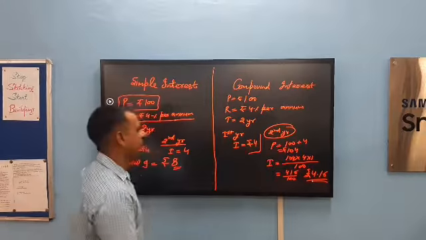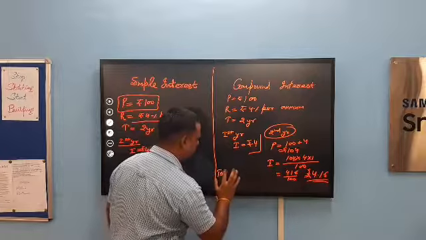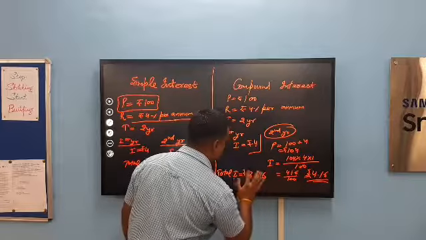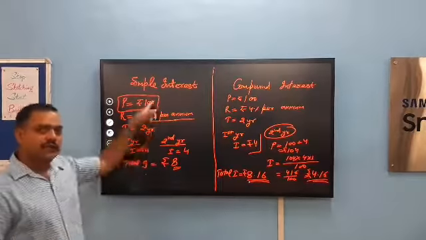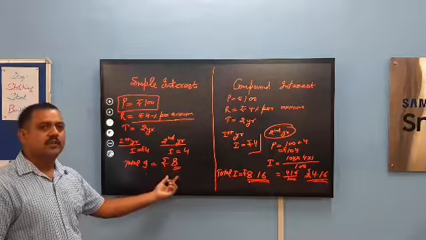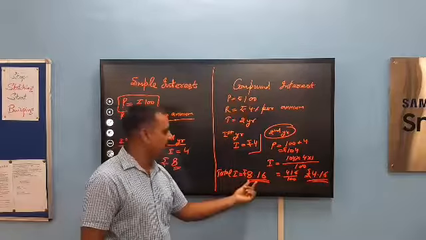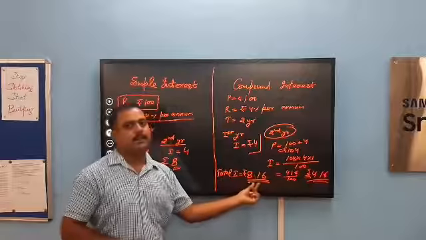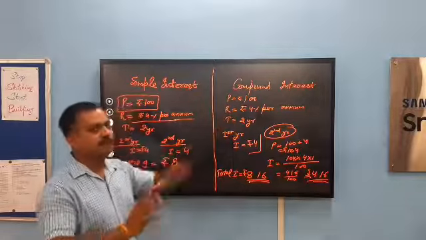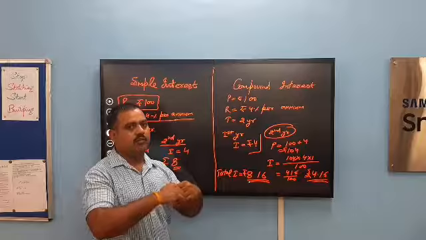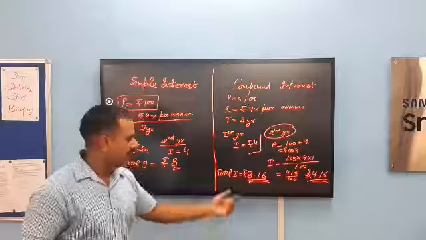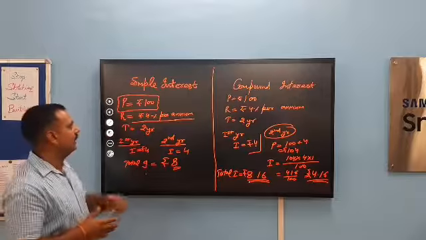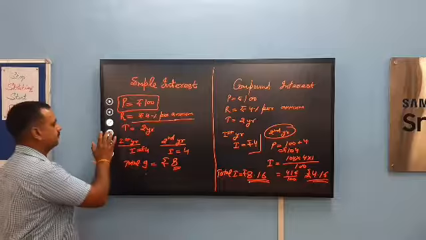Here the difference is in total interest. We see in case of simple interest the total interest is rupees 8, and in case of compound interest the total interest is rupees 8.16. So here is a difference of 16 paise. But if the amount is very large and the time is also large, with some changes in rate, this difference becomes very large. So in case of compound interest, the interest is more than in simple interest.